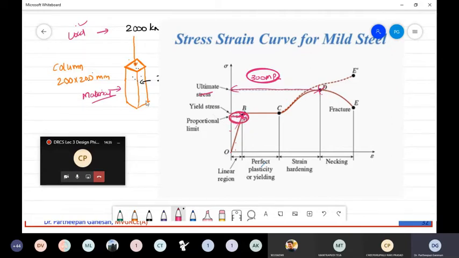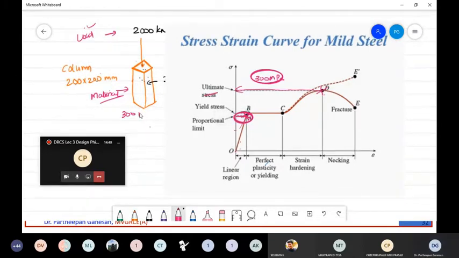That means, although you have 300 MPa, you reduce the strength to a very low degree. It may be only 150 or so, 150 MPa, because you are taking only the linear part. All the remaining strength is neglected in the working stress method. The material strength is reduced only to the linear elastic part. So your material, let us say, is 150 MPa, and you will design the structure with that. Okay.